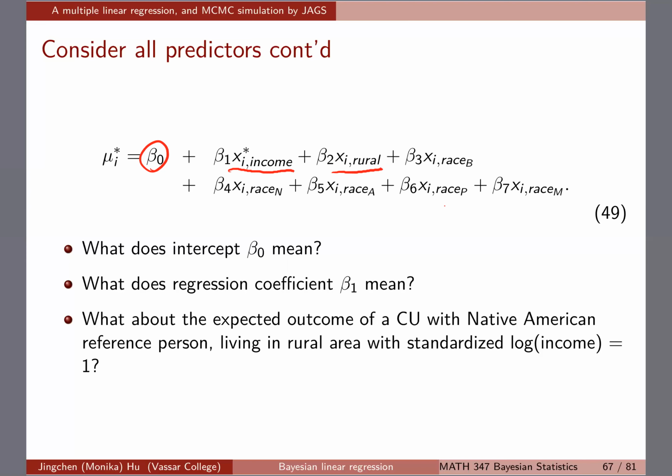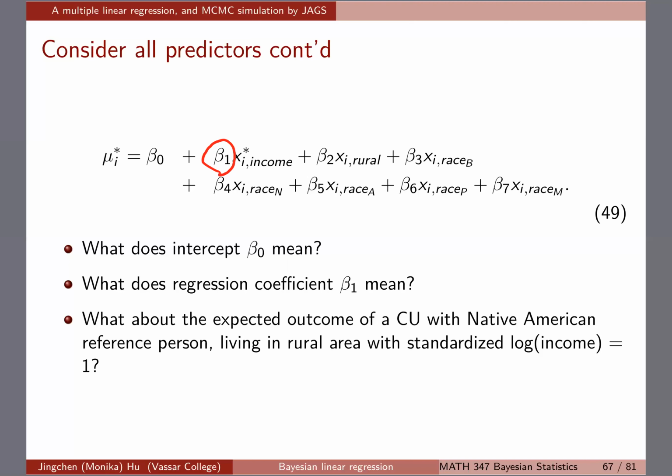Great. What about beta 1? What do you think beta 1 means here? Beta 1 is being applied to a continuous predictor. For a continuous predictor, we're usually saying that everything else stays the same. We're looking at a 1 unit increase in this continuous predictor. What's the expected change that you're going to see in the outcome, right? So in the context, you can say,